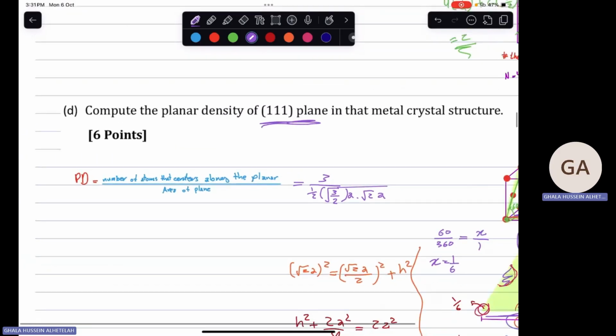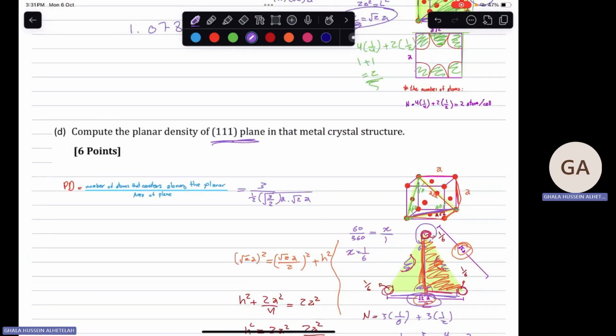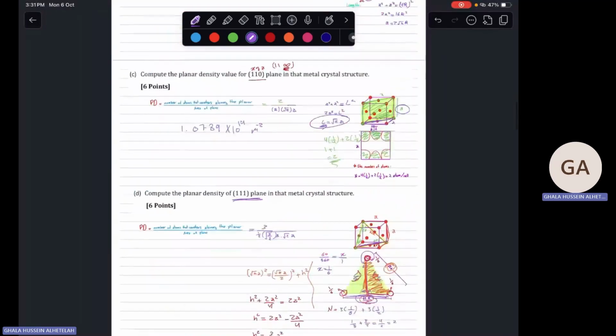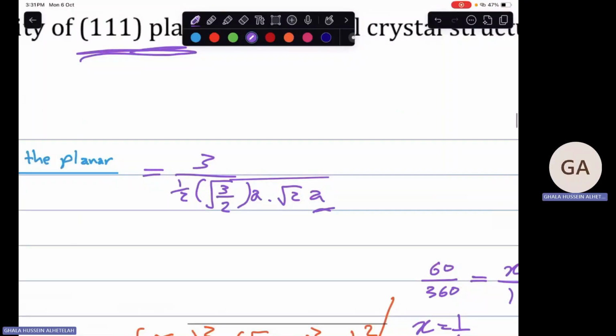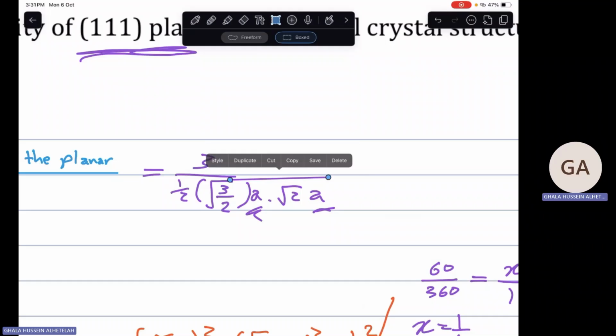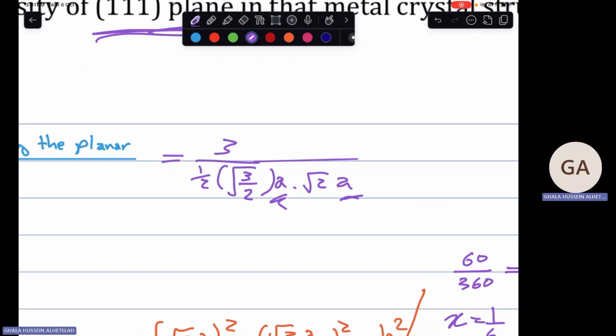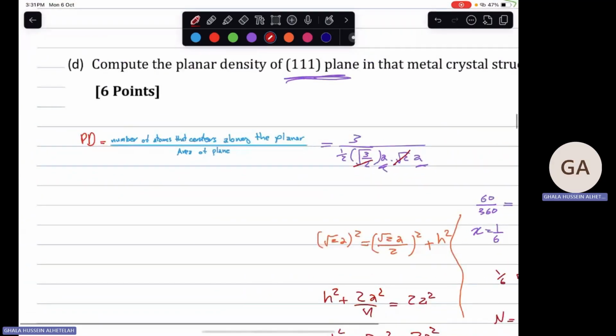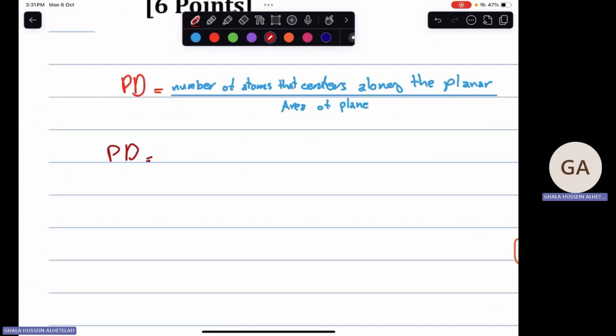By plugging in the number for a, which we had in the previous questions, or actually we don't have a in the previous, we have r, so we can replace the a's with r. How can we do that? Let's just arrange this equation. We can simplify this with this, and then we are going to have the planar density equal to